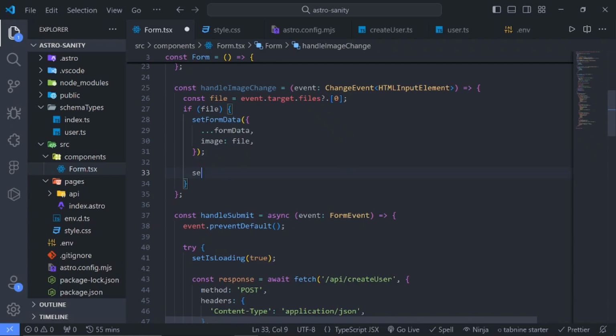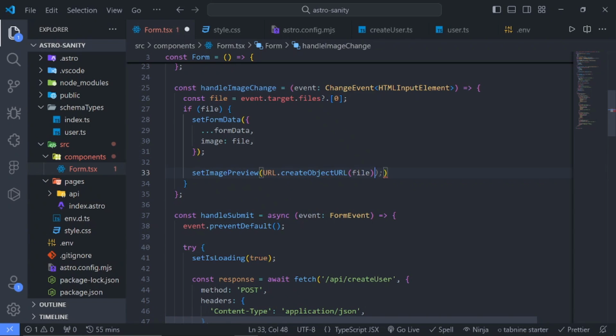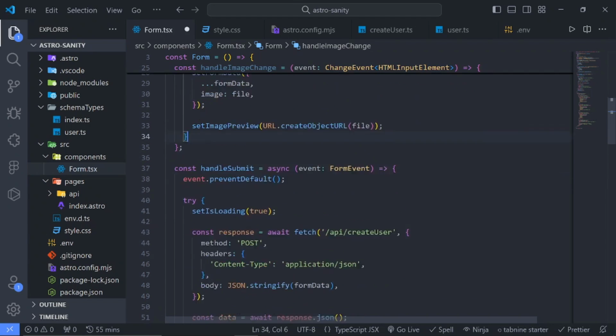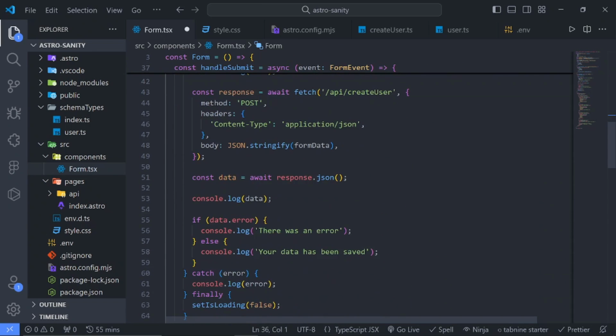And we also need to set the image preview to the URL, create object URL, and passing the file right here. So this method right here basically creates a temporary URL that we're going to pass to the preview image, so that we can update it to this set preview when we actually change it. Okay, now that we have this, I can go back to